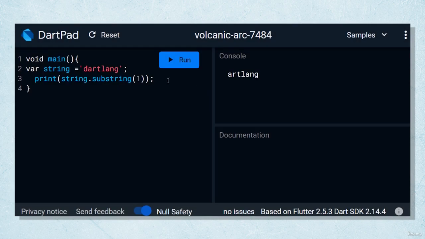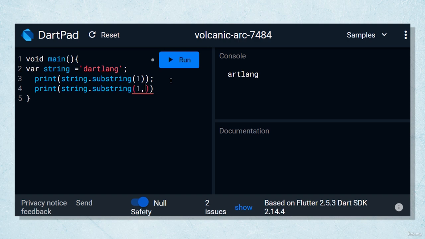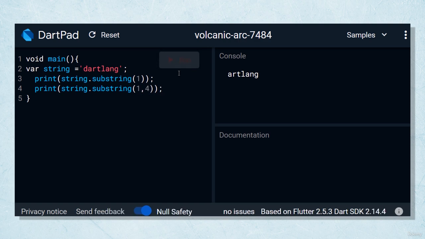Are you ready for some more flexing? We need to print string.substring and put the numbers 1 and 4. This way, it's gonna print the positions from 1 till 3. So now that you have a basic idea of what substring is, you can also use a lot of different